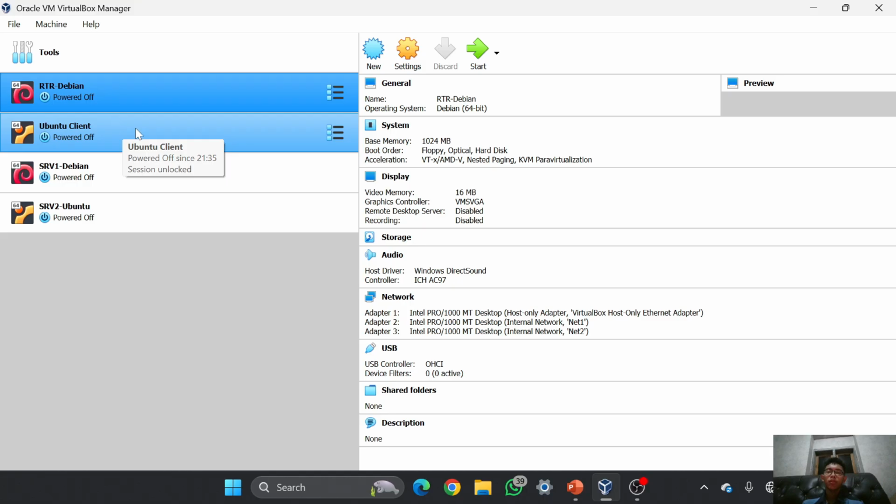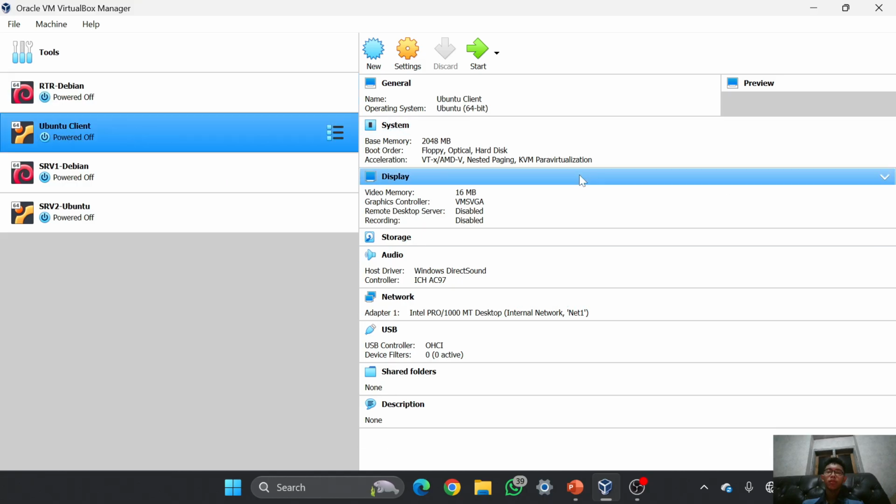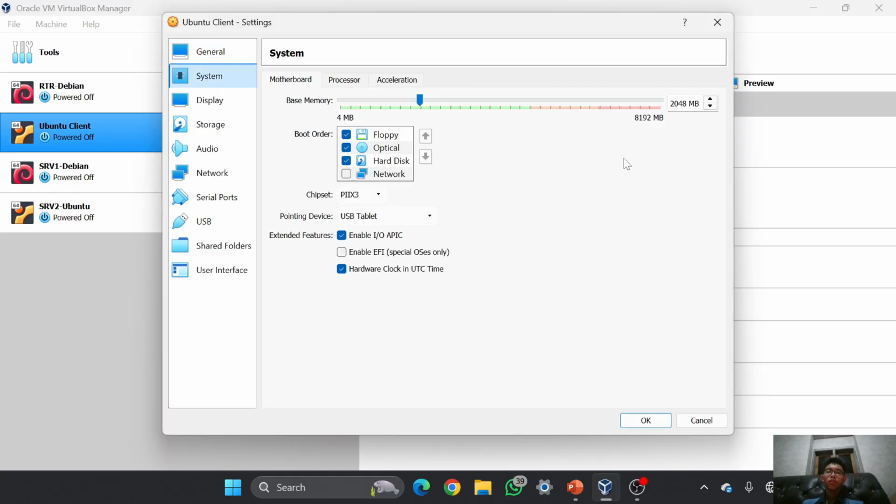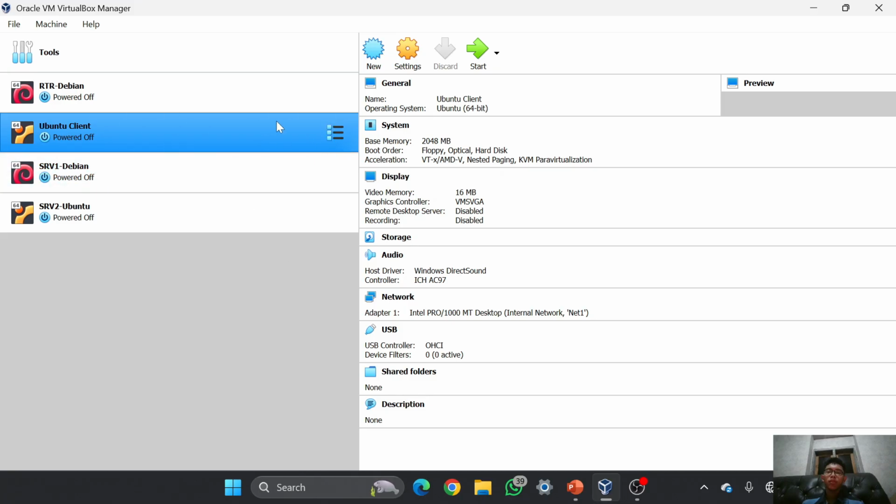And for the Ubuntu client, it is using 2 GB. I will open it in here to show you guys why it is 2 GB, because the Ubuntu client is the GUI version, and because it is processing the GUI or pictures, it takes so much processing. And if I use only 1 GB, it will make the process go much slower.